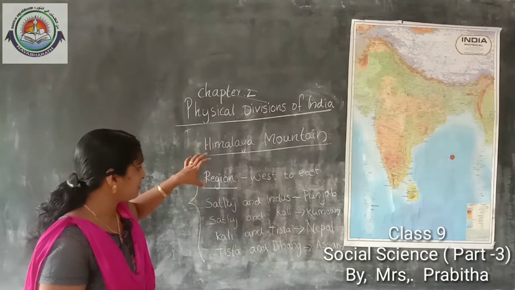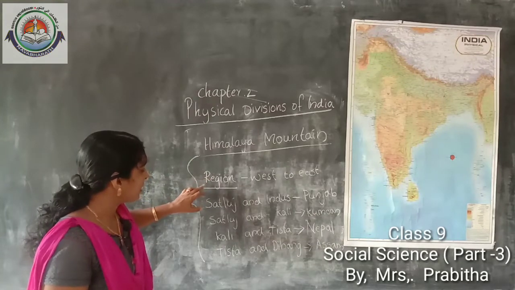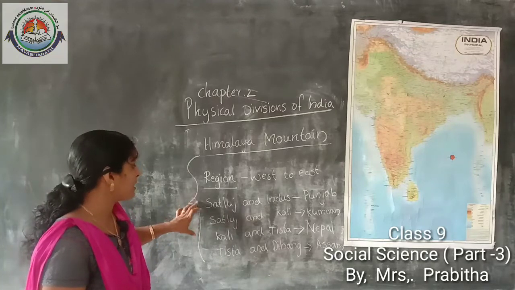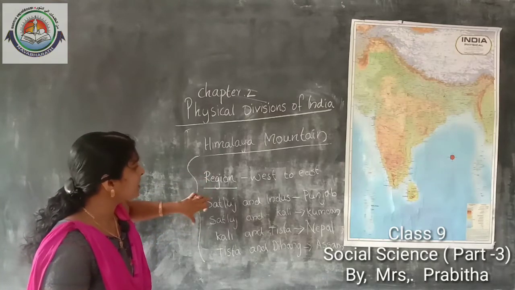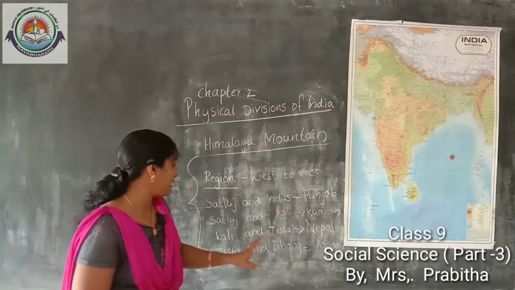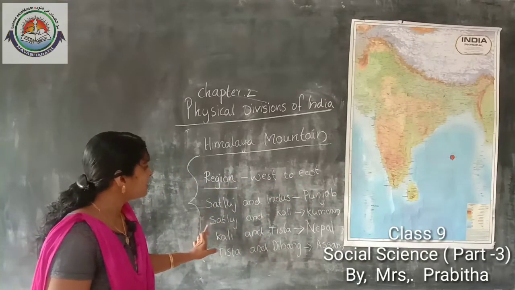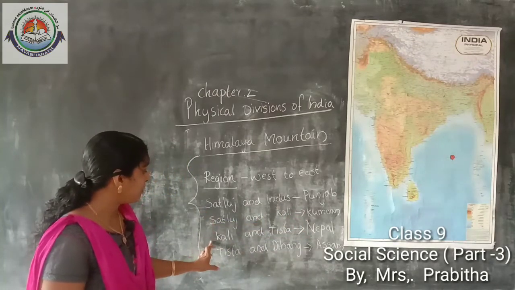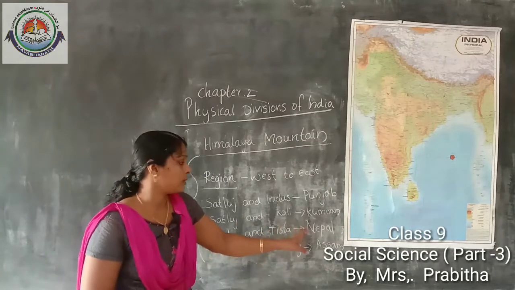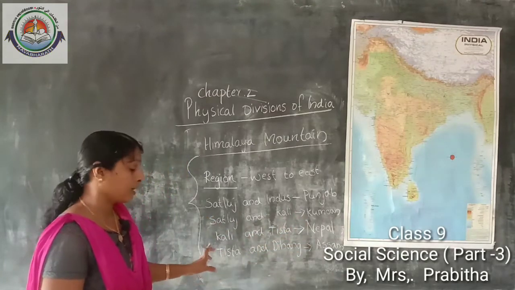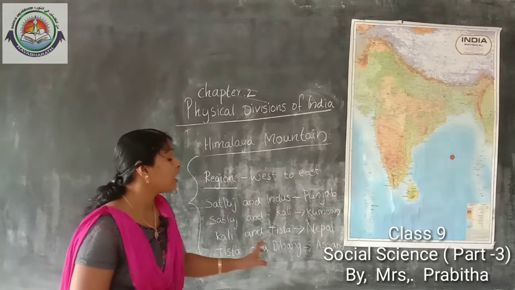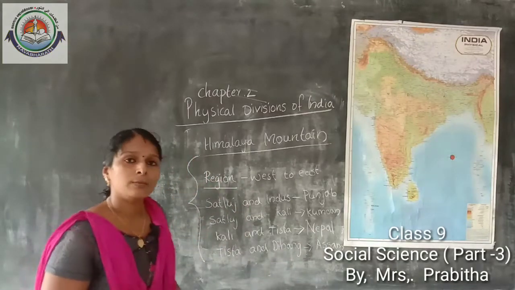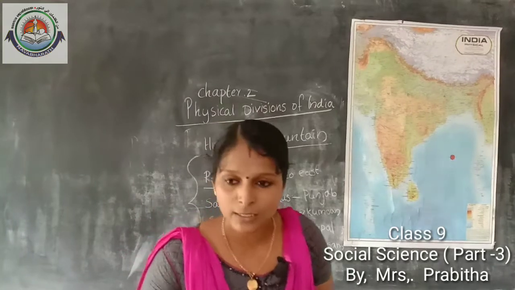So Himalayas are again divided on the basis of region, demarcated by some river valleys. For example, the Himalaya lying between Satluj and Indus river is known as Punjab Himalaya. Between Satluj and Kali river is Kumon Himalaya. Between Kali and Tista river is Nepal Himalaya, and between Tista and Dihang river is Assam Himalaya. These are the divisions of Himalaya on the basis of region from west to east.